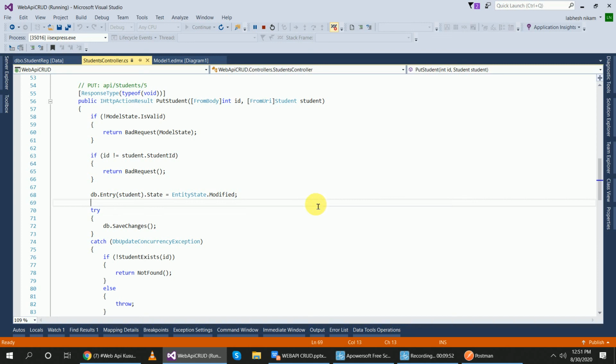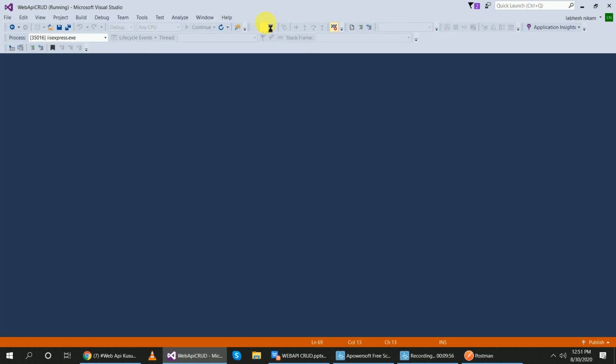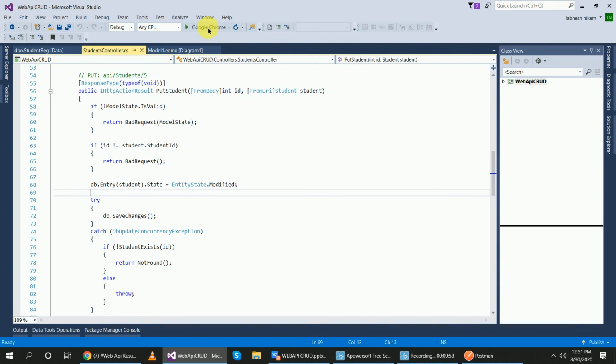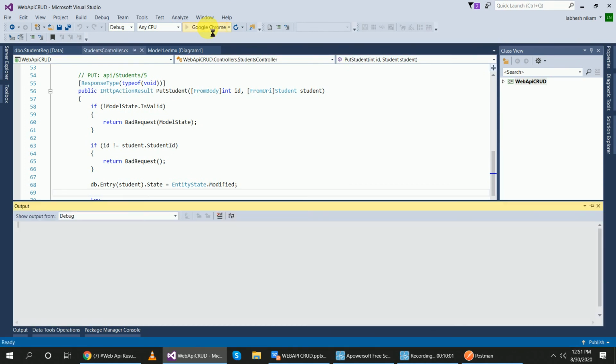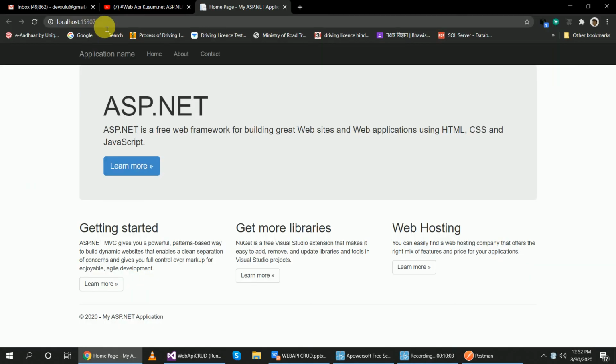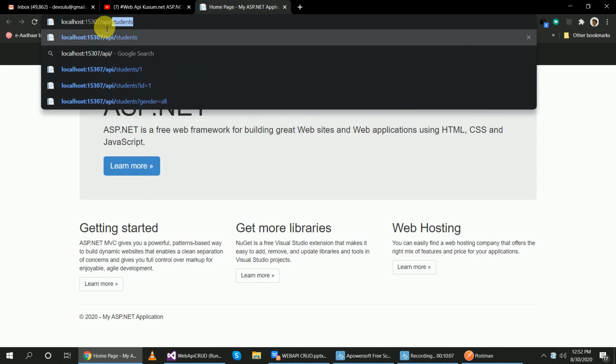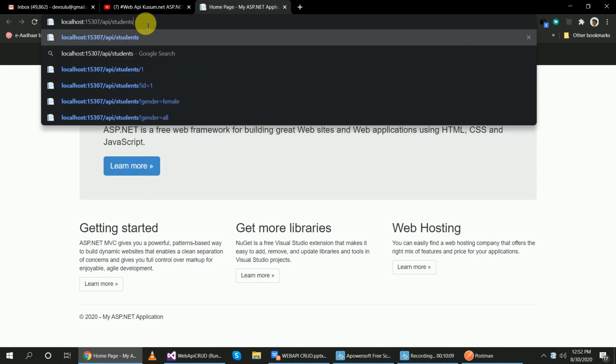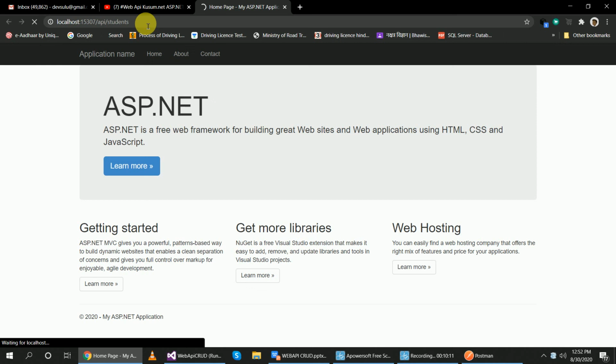Now I am going to run this application. Okay, my project is running now, and I will run it by giving api forward slash the controller name, students, and first we will check whether our application is running in the browser or not.